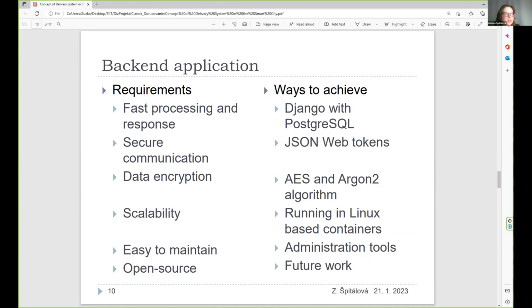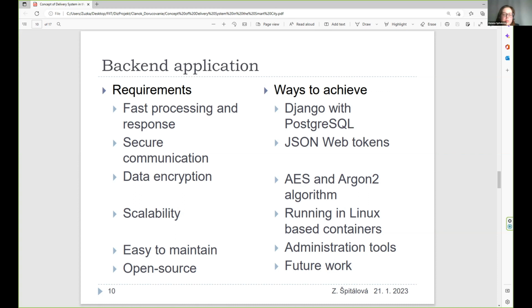Here we have the backend part, and this part runs as a Linux container. We also have some requirements for that and ways to achieve them. The first requirement is fast processing and response. To achieve this, there are various databases, but we chose PostgreSQL because it is a relational database management system, which provides us the relational database management functionality.